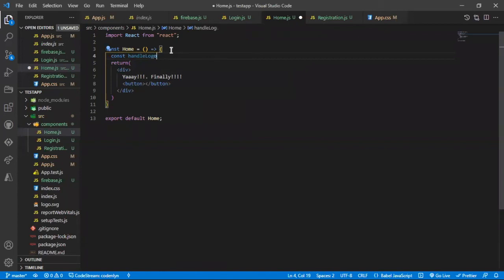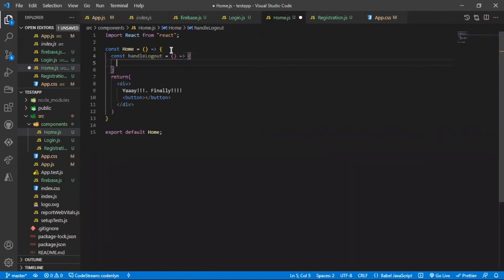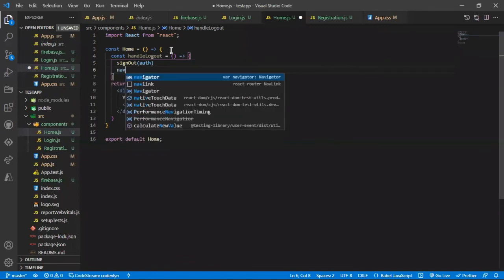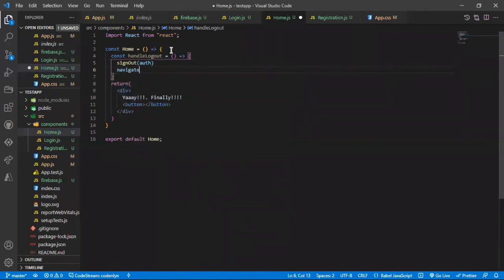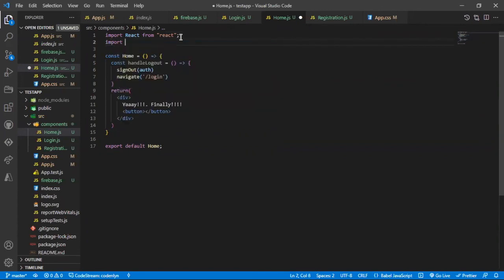And log out. Okay, it's got this. So to handle logout is basically just sign out. I have to import that too from Firebase auth. So I have to import auth. Then I want it to navigate to /login. Okay, so I'm going to import auth